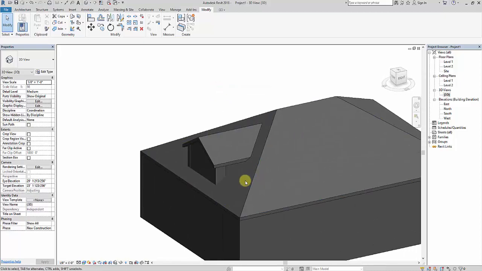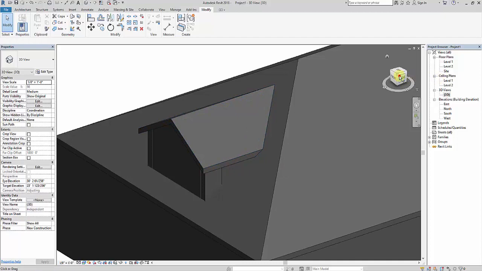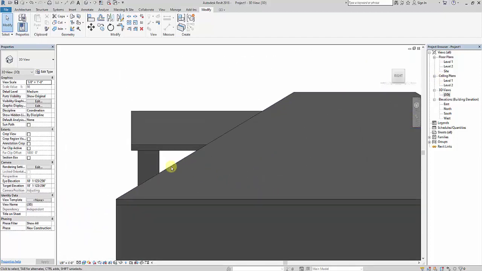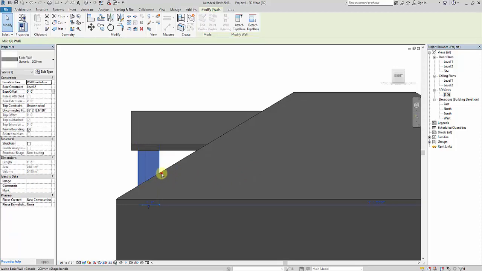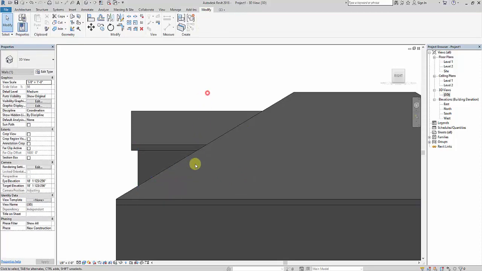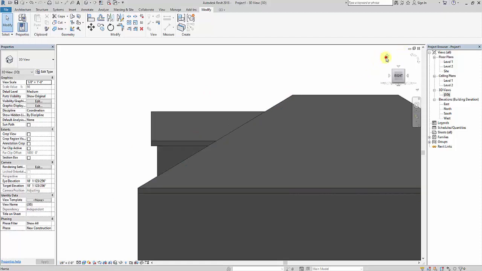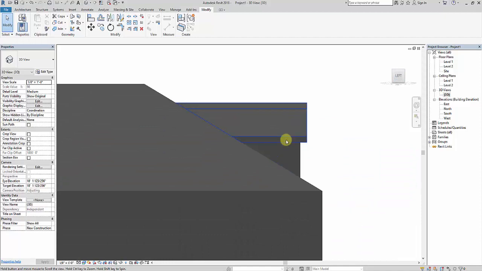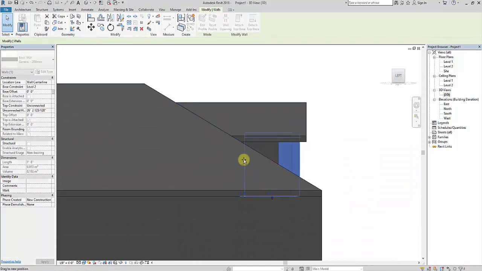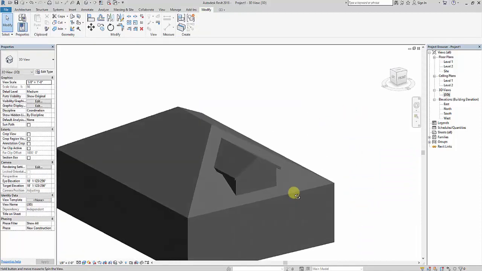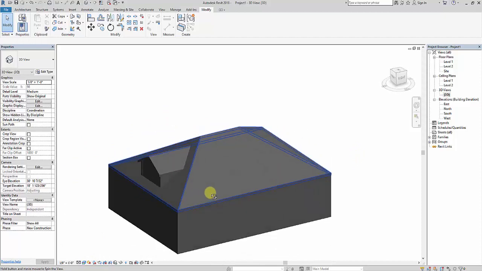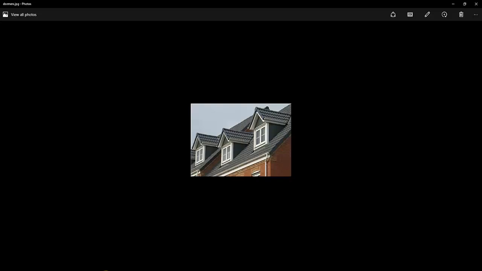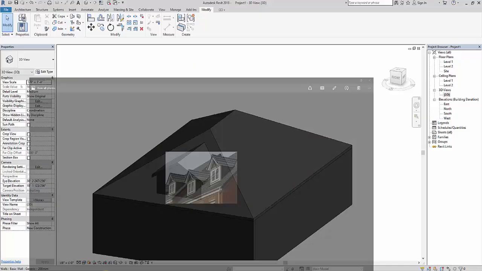After you join it, you can see there's a gap between the roof and the wall here. So just select this and drag it up till this point. I'll do the same thing on both sides. Sometimes it will happen and sometimes it will not, depending on the size you have taken for your roof. You can see I have exactly joined the roof to my big roof, and it looks exactly similar to this.